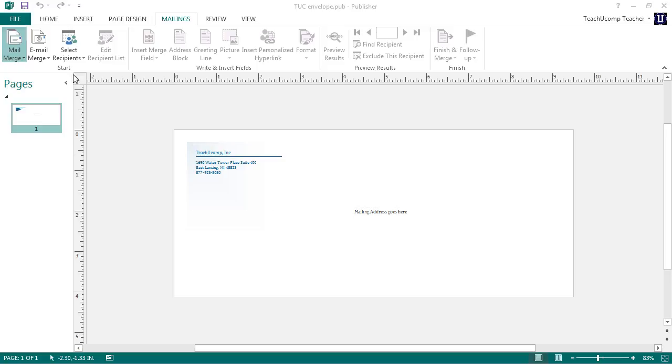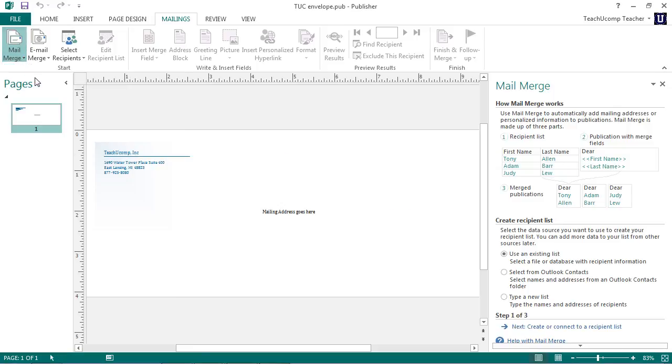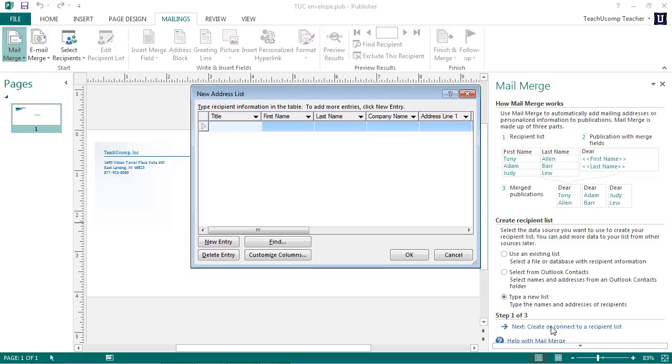In the step-by-step mail merge wizard, if you select the option to type a new list from the options shown in the first step, Publisher will open the new address list dialog box. You can use the new address list dialog box to add, edit, delete, find, and customize the records in your